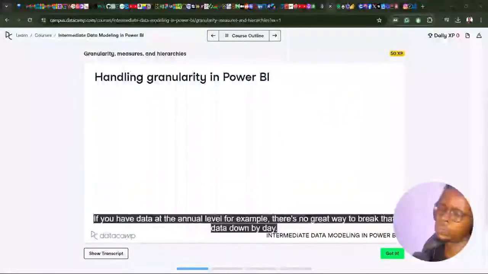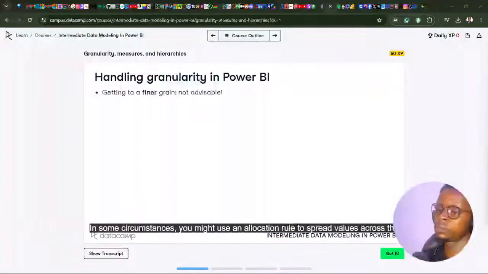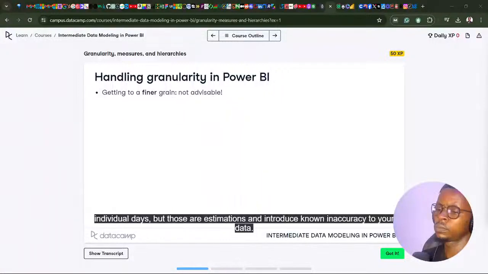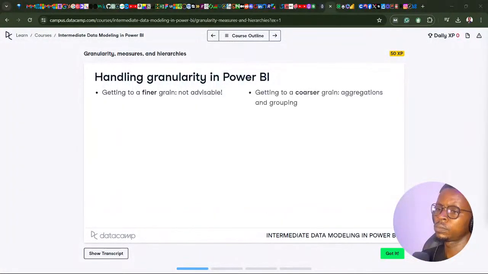If you have data at the annual level, for example, there's no great way to break that data down by day. In some circumstances, you might use an allocation rule to spread values across the individual days, but those are estimations and introduce known inaccuracy to your data. By contrast,